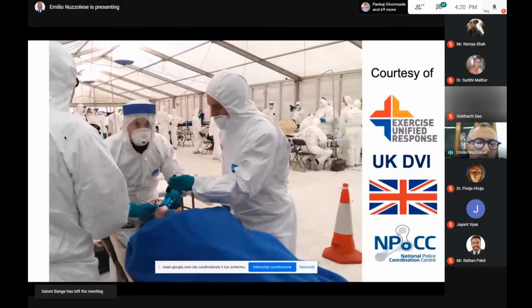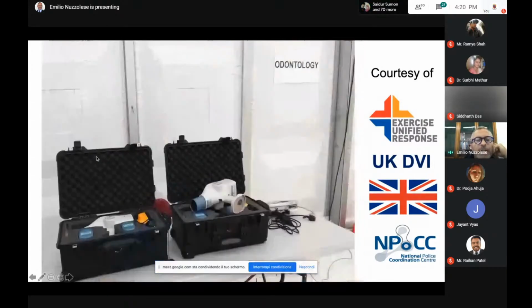We are using gloves. We are exploring and inspecting the teeth, so we are dirty. We cannot write anything, of course, and for this reason the third odontologist is the one who is collecting the information that we are dictating to him. He is using paper, but I will show you that we can also use a software.